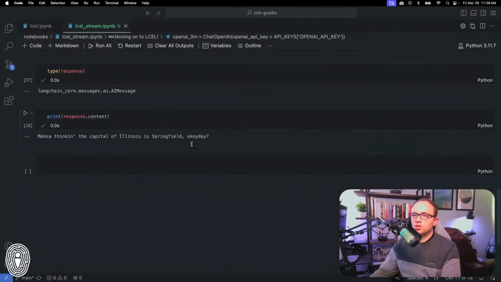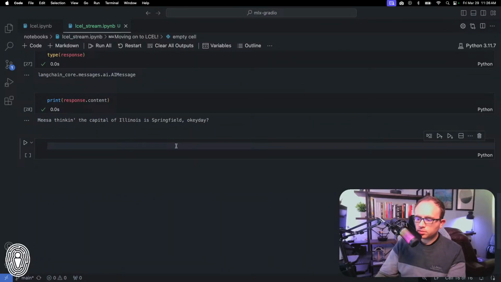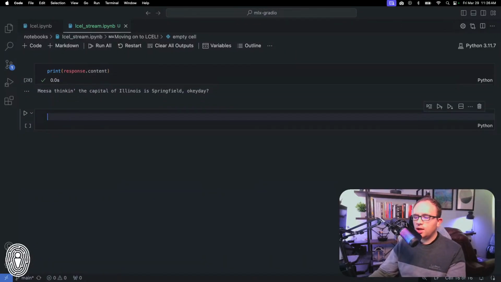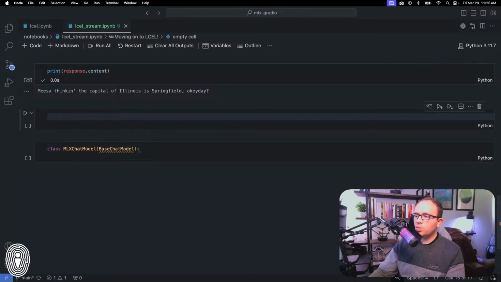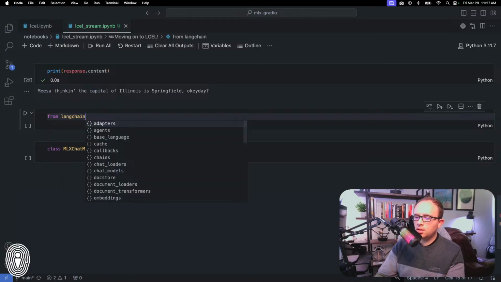So let's jump into the code to show how to do this. Like I said, we need to create a new class object. I'm going to call this MLX chat model. Remember, we are inheriting from base chat model. Oh, I'm going to have to do a lot more imports here. I forgot about this. So from langchain_core.language_models